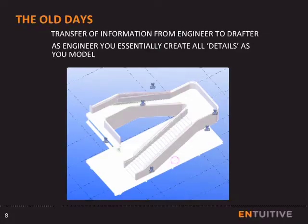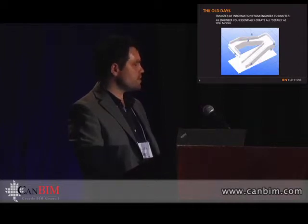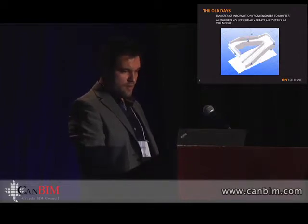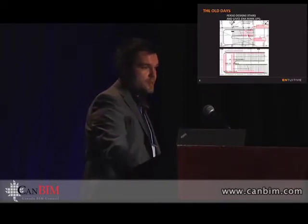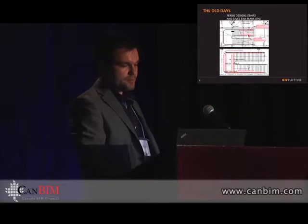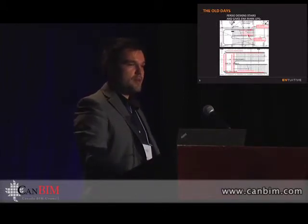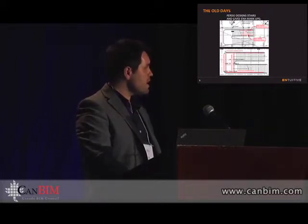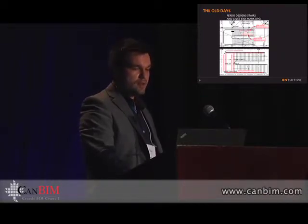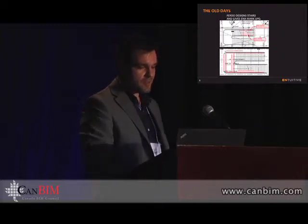One concrete example that came up at our office is a flight of stairs being used in an art gallery. They're about 8 meters tall, steel stairs, and a main feature of the structure there. We had Ferdo, a steel design specialist from our office, who was given the actual work to do these stairs, and again, he likes doing everything old school. So he took what the architect had, and he framed in what he thought the structural steel for the stairs was. Now, when Ina, who was our BIM specialist, got the markups,